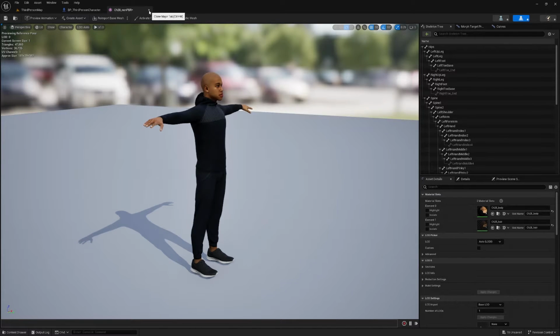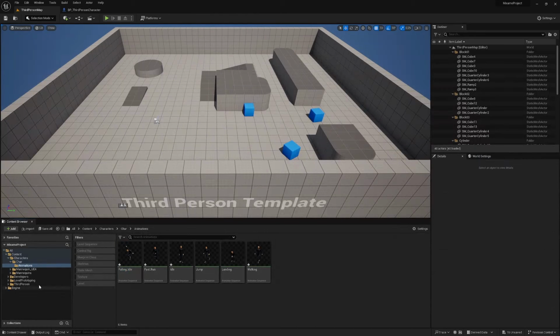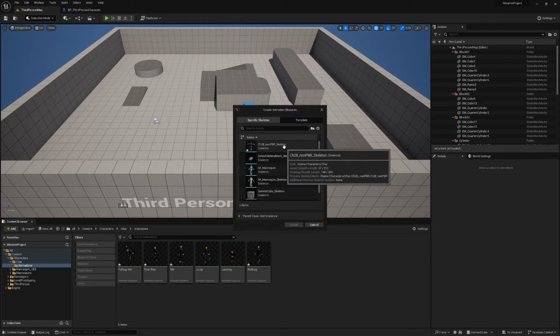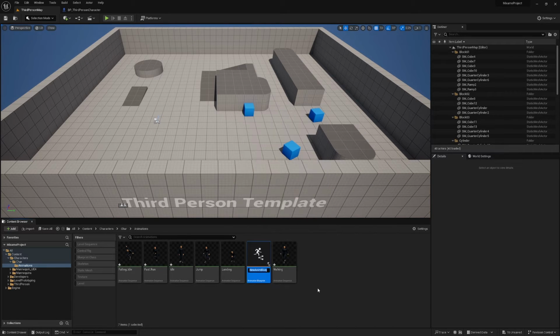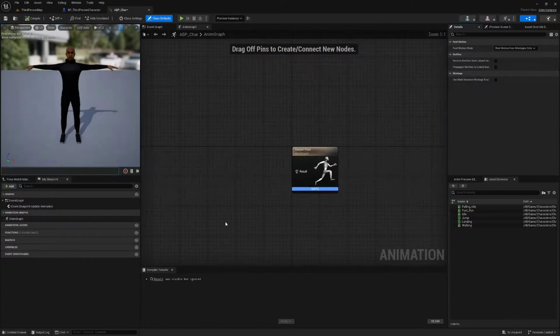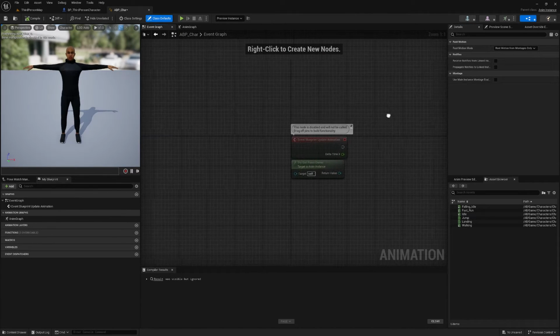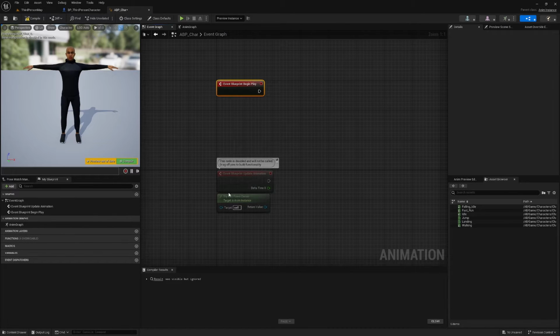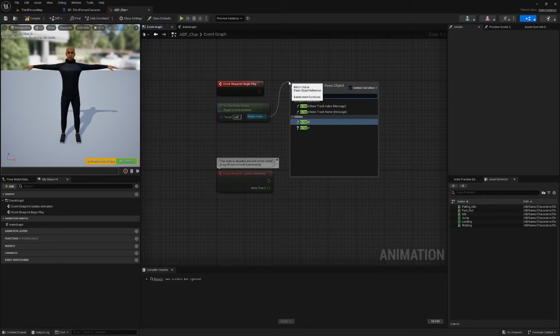Alrighty, let's get started with an animation blueprint. So here in animations, I'm going to right click animation and animation blueprint. I'm going to select the skeleton that my character is using, and I'm going to call this animation blueprint underscore character. Open this up, head on over to the event graph, and we're going to look for a node called event blueprint begin play. I'm also going to grab this try get pawn owner, get an is valid,